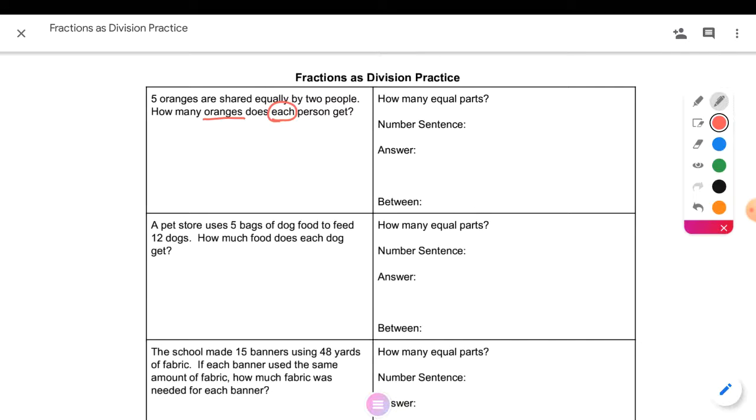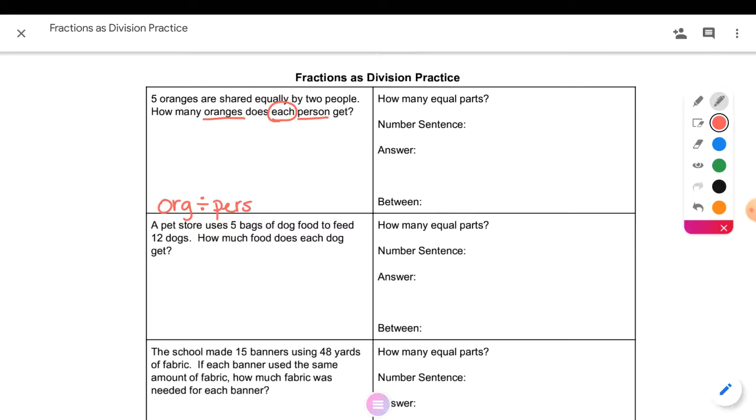Behind the word per, each, or every. Cam, is there a word that could be a label? It's person, but yeah, we can change it to people. Now, over to the side, and I know we don't have a ton of room, or if you have room in the box under your answer sentence, that means we take oranges divided by persons or people. Oranges divided by persons, which sounds funny, but then we have to go to the problem and